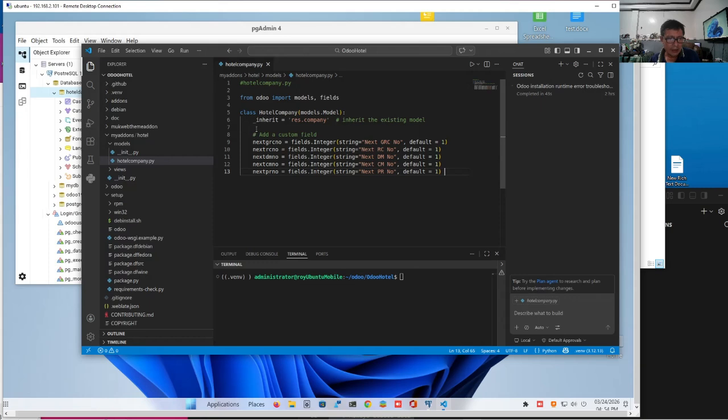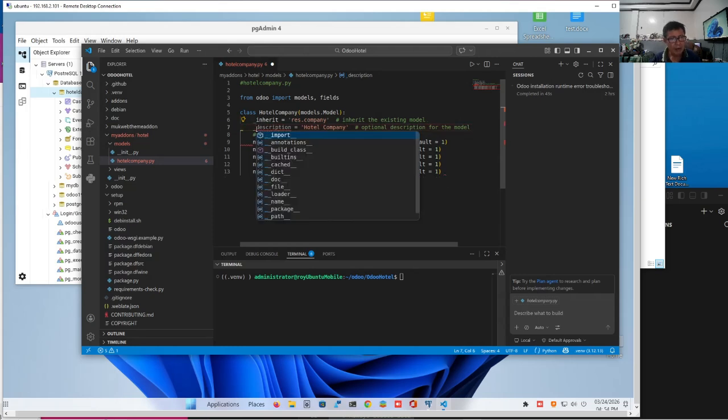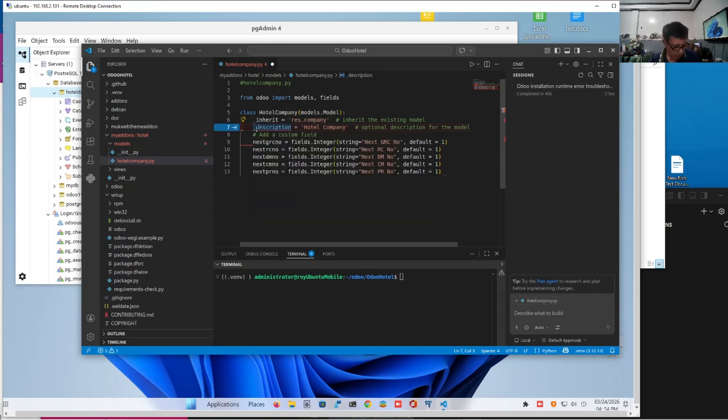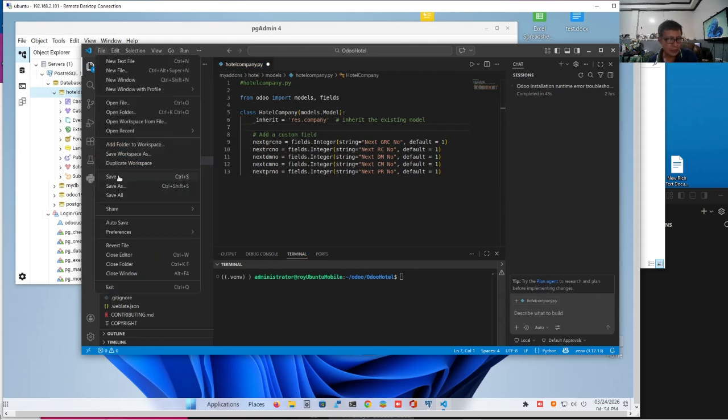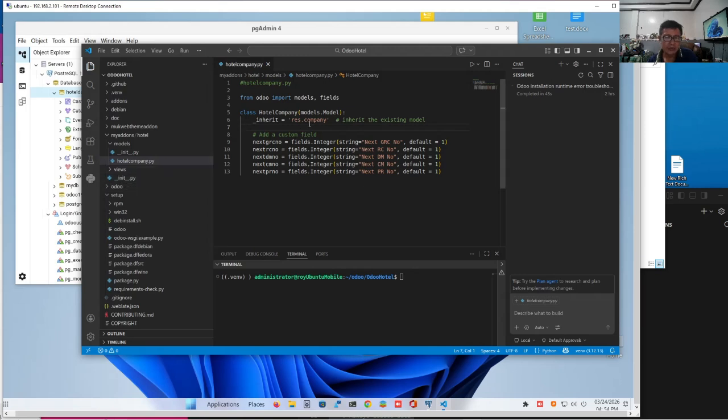And take note that we did not have the name metadata like that. By the way, in Python, the scope is declared by the indentation. So for example, we should have it here, like name. We did not include that anyway. Is that valid? Yes, that's very valid. So what's the effect if you do not include it here? It will not create a new PostgreSQL table. Instead, it will update the res.company table and add the following fields.